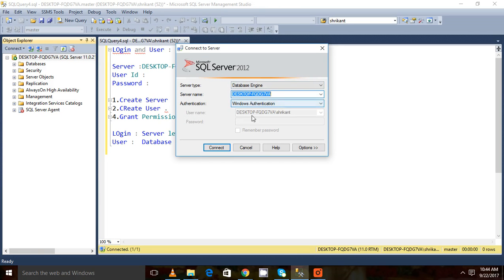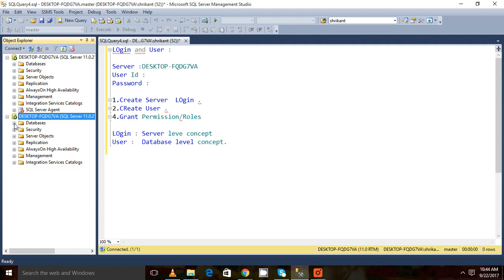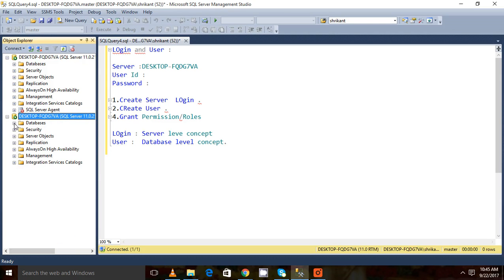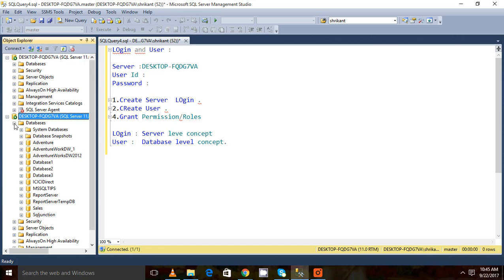Now let's try to connect to another instance of this same server. Let's say test is the user. I'm giving his password as 123. Just click on connect. Now I can see it has been connected to the server. A new instance has been created, and I'm going to database 1. And first of all, let's see,